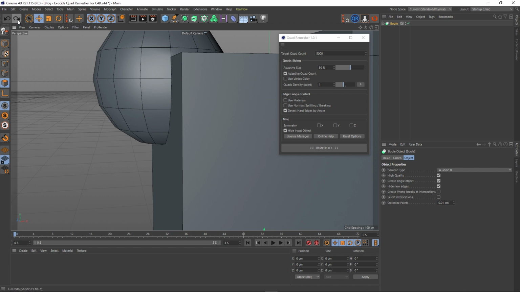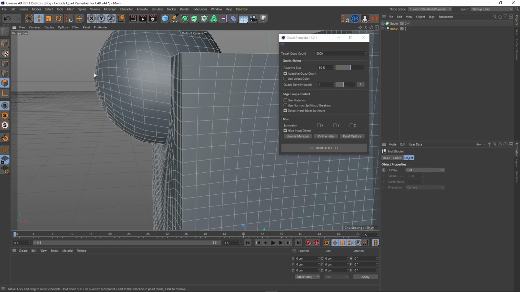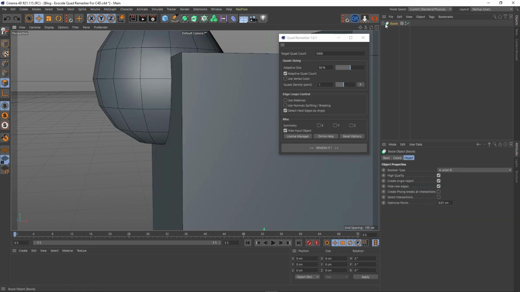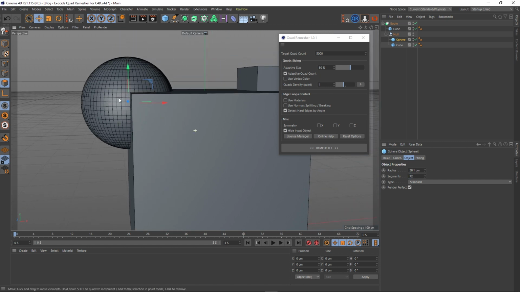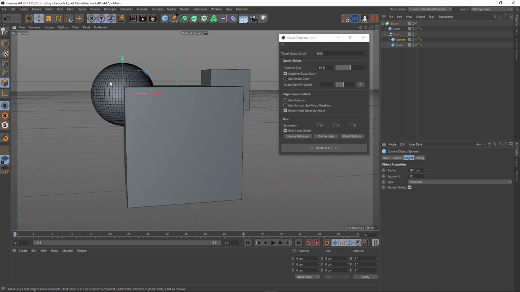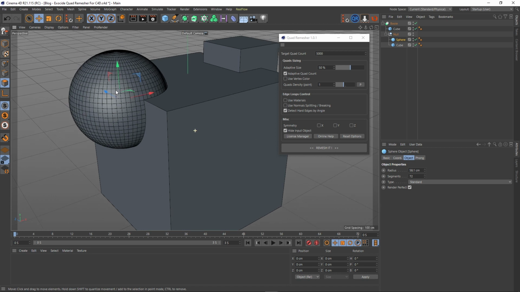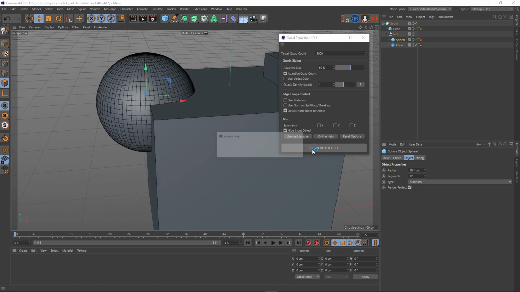If we flip back and forth, you can see it there. So what you do to address this is actually make your sphere much higher resolution in terms of its poly count, and then we've got a much better description of this curve. Now you might think that's a lot of polys, but it really doesn't matter because it's going to get changed anyway by the remesher. And if we run this again,